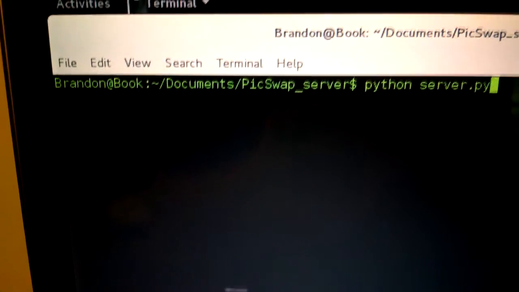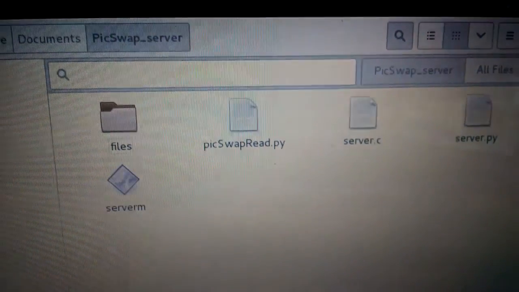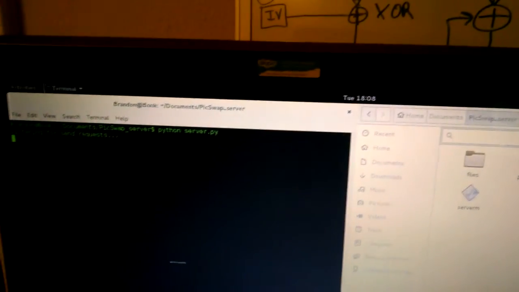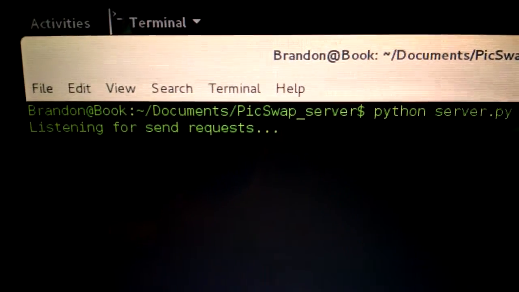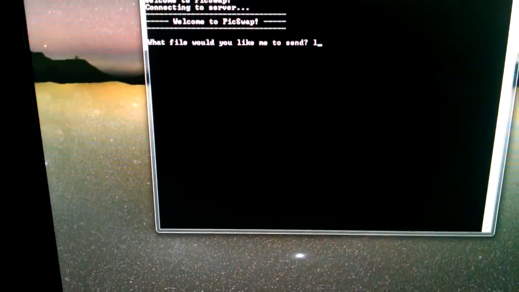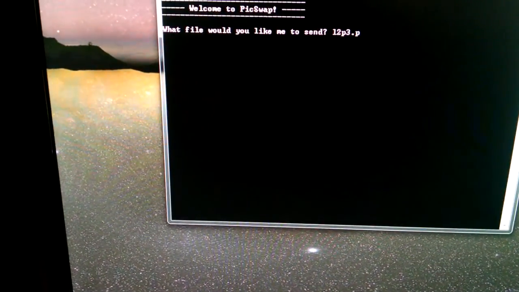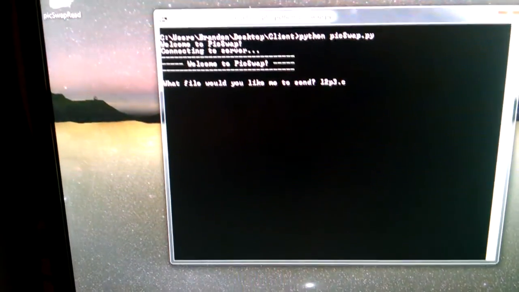I've opened up the server's working directory in a file viewer to the right to show that the server both writes AES keys and files that are sent via the session's socket. Now that the server has begun listening for requests, let's go over to my Windows machine and run the PicSwap.py client. At startup, the client will ask us what file we'd like to send. I already know a name of a file in PicSwap's working directory, so I'm going to choose that one, which is L2P3.c. And once we hit enter,